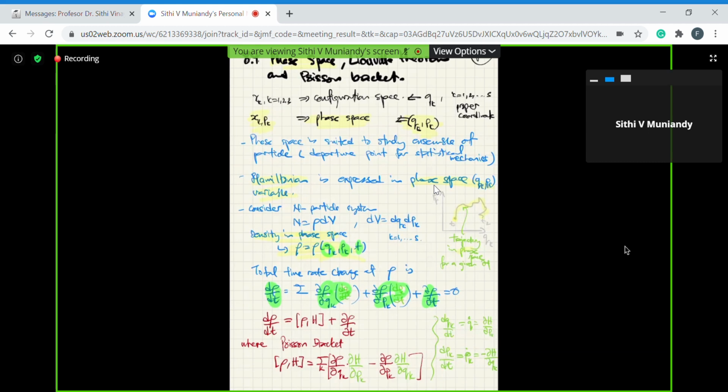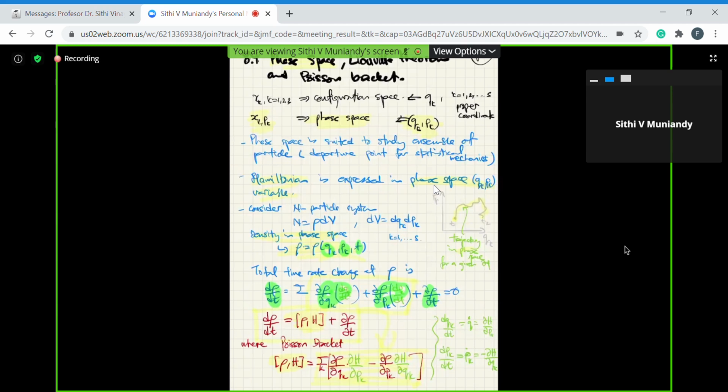This expression can be neatly packed in terms of a bracket that we write down here. This is the expression that we actually expanded, compressed as a bracket. That's the term. So now your density equation follows a very interesting equation of motion